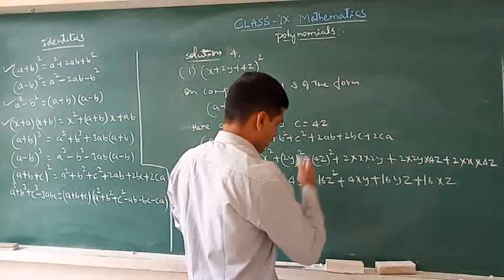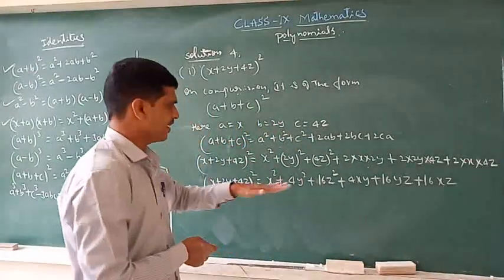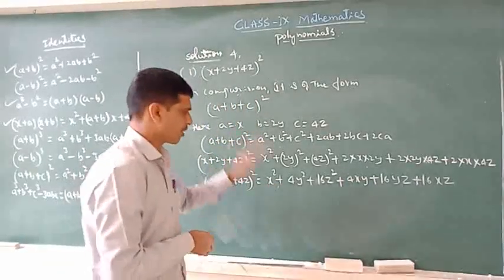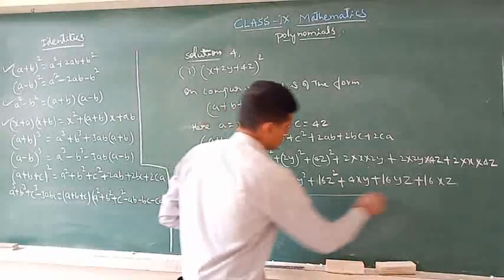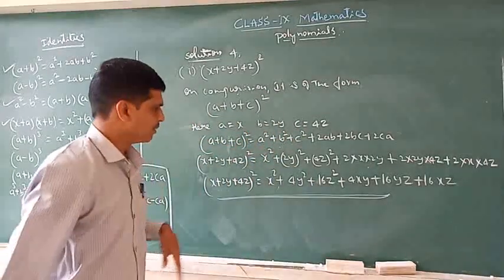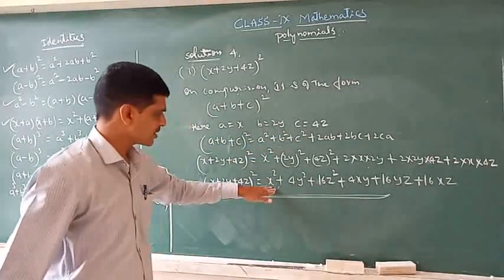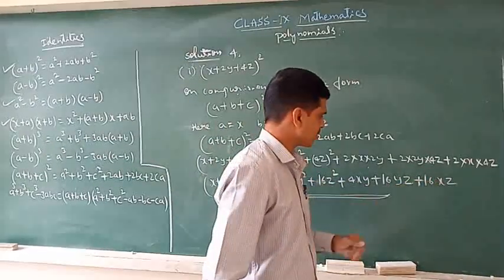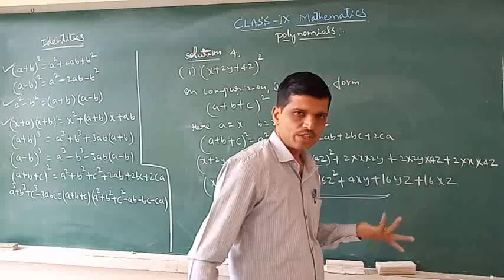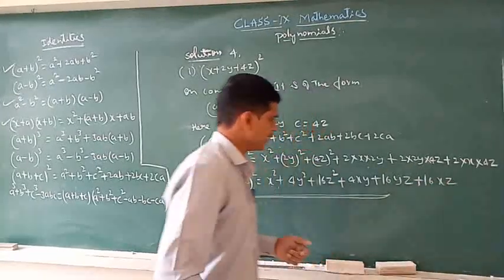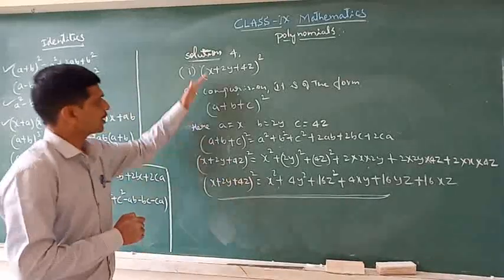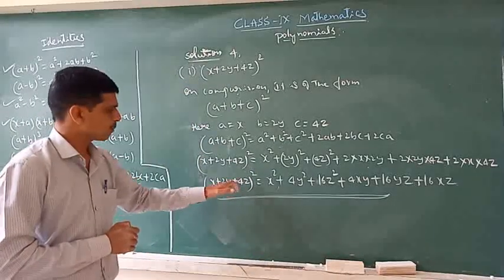Suppose you want to simplify again, we can check whether there are any common terms or common variables, and afterwards simplify. There is no need to reduce it again because they are all different variables: X, Y, Z. Here also, no other XY, no other YZ, no other XZ terms are there. Hence it is the final result for the expanded form of (X + 2Y + 4Z) whole square.